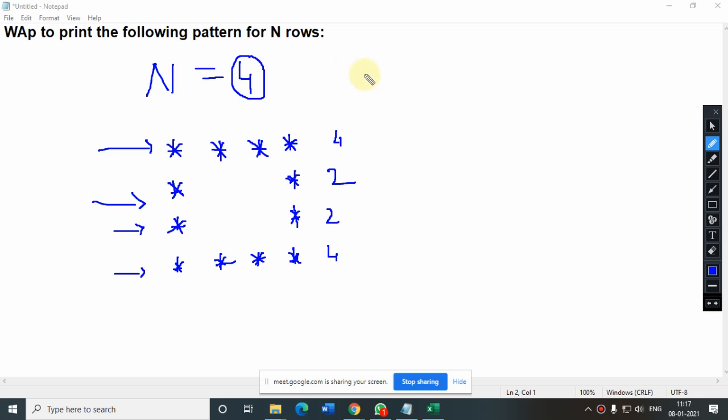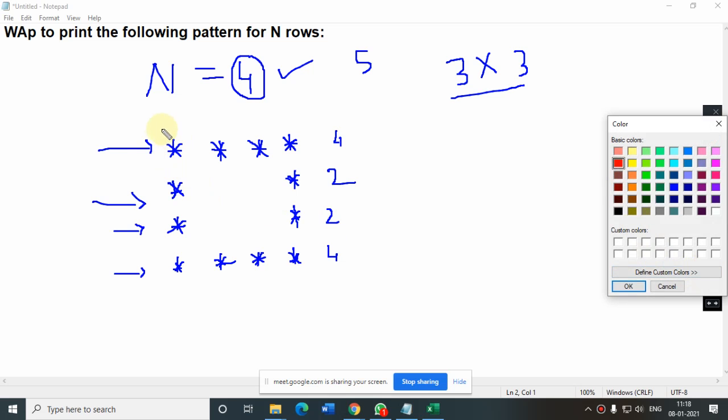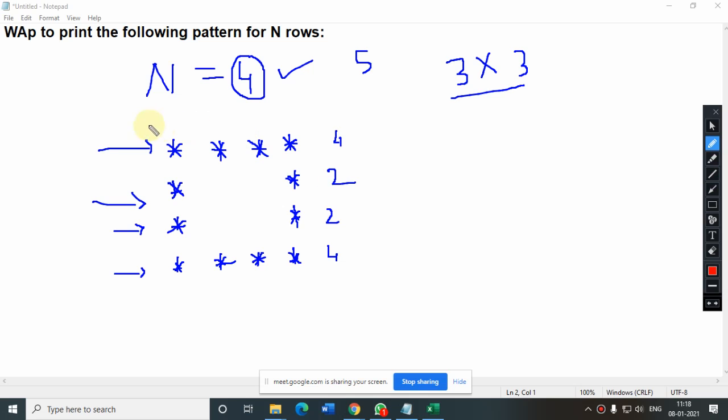If the user has entered 3, then we will create a square of asterisks of 3 into 3. If the number of rows is 5, then we need to print the square of 5 into 5 asterisks. Is that clear, everyone? Yes, sir. Please note this down carefully and try this question. After that I will discuss this. Note down, for n rows,